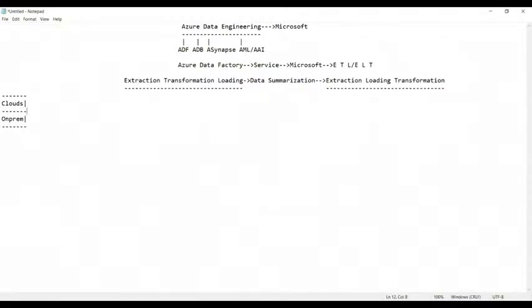Any idea? Yes, on-premise, whatever the software is, is installed in your local system. Yeah, that's fine. Anyone else? Any other opinions, please, guys?